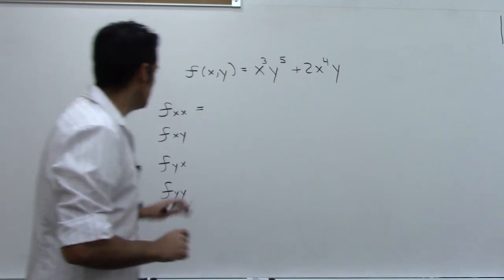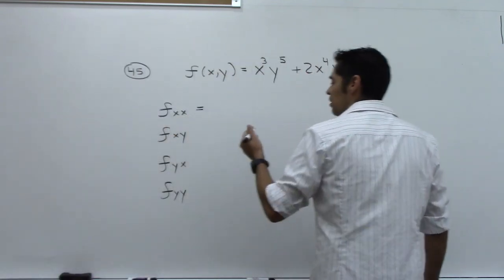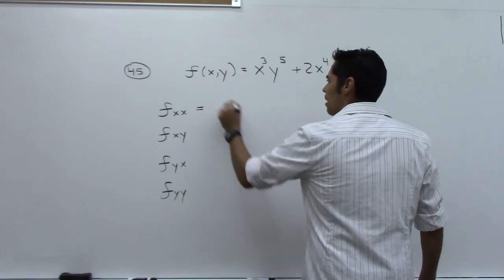All right, so I'm going to take the partial with respect to x twice. So let me do it this way. I'm going to do the partial